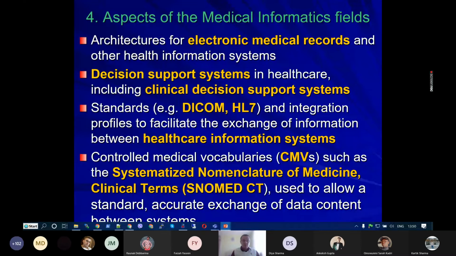To be able to build a house, we must have some background for it. We must have some basement, and actually the basement is all those medical coding and classification system vocabularies like